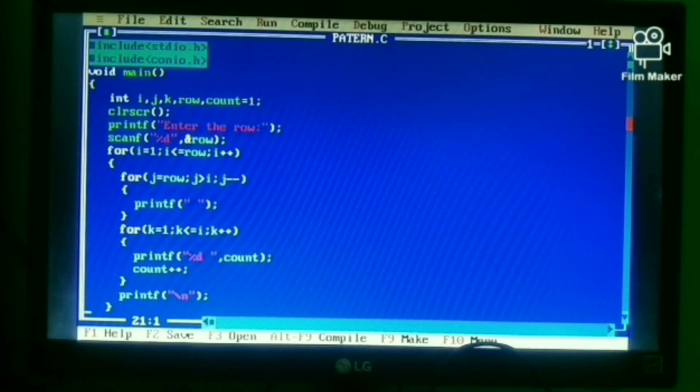Then printf("enter the row"), scanf("%d", &row). Here we use printf to display the message enter the row and scanf to take the value from keyboard. Here we use for loop: for (i = 1; i <= row; i++). In the body of for, again for loop is used: for (j = row; j > i; j--). In its body, printf(" ");